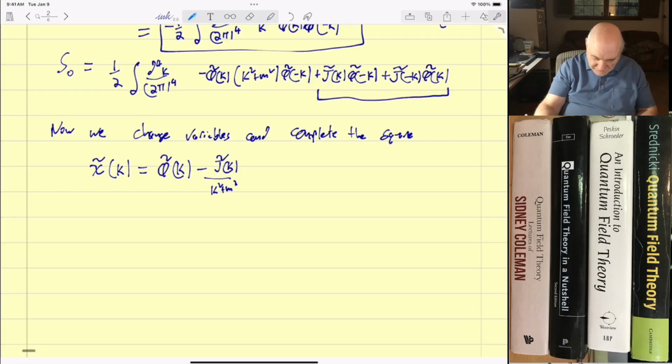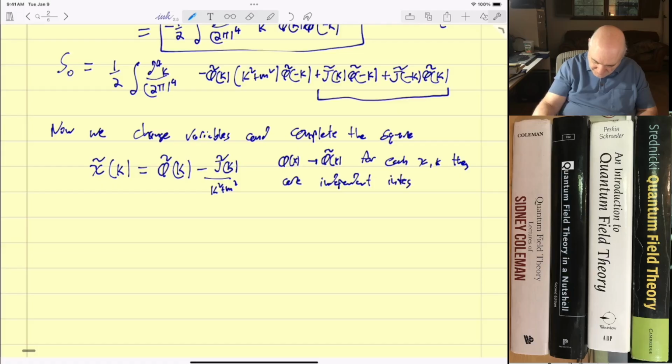But really, for each k, you have a separate integration variable. Originally it was phi of x, and then it became phi tilde k. But for each x and k, they are independent